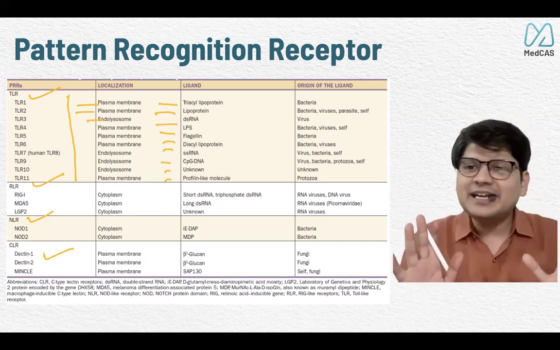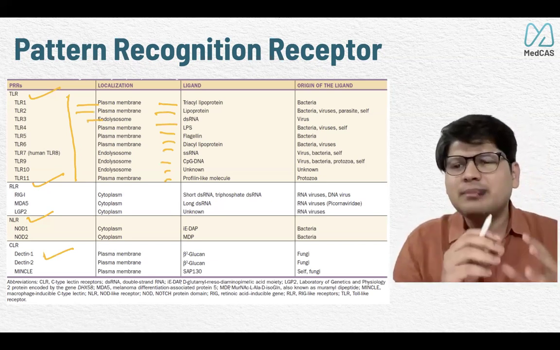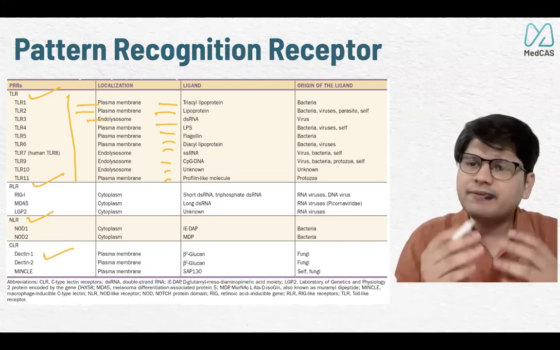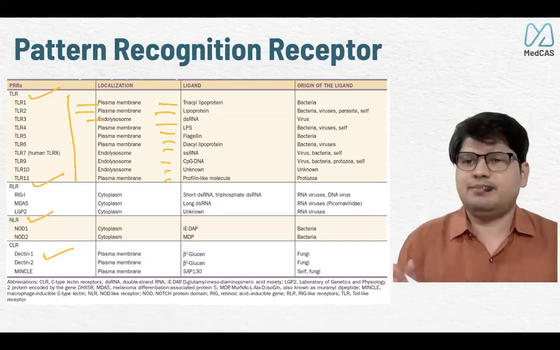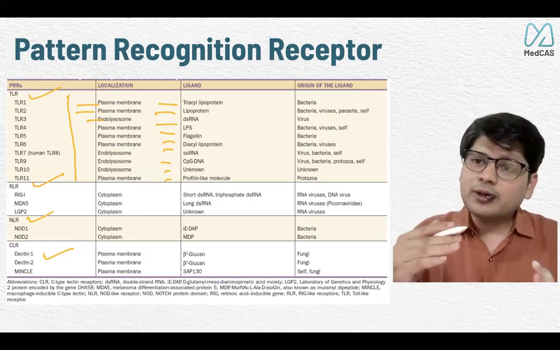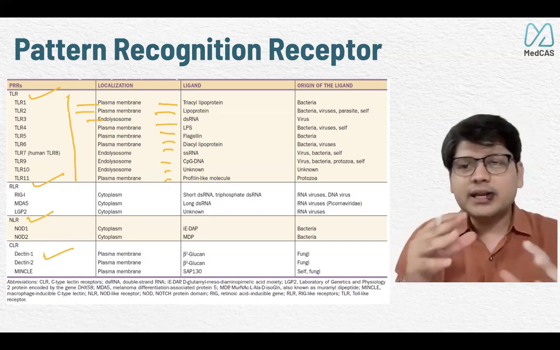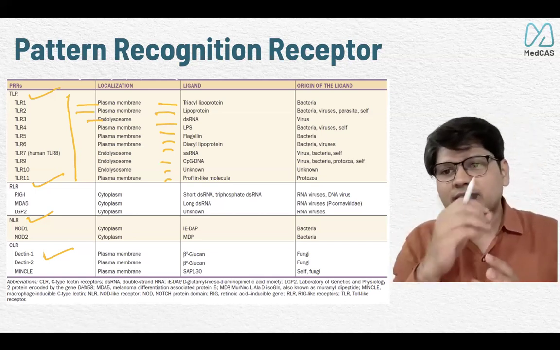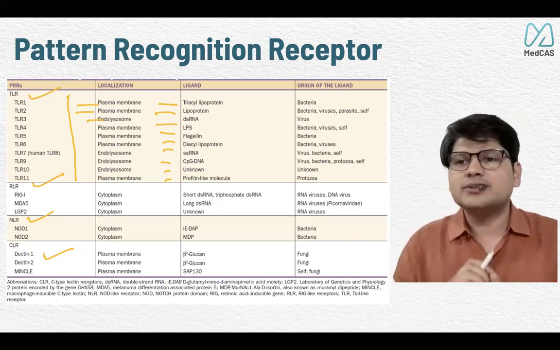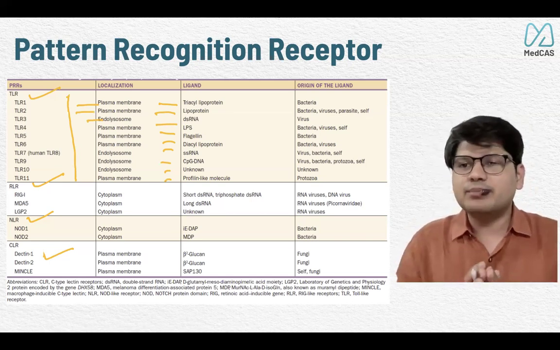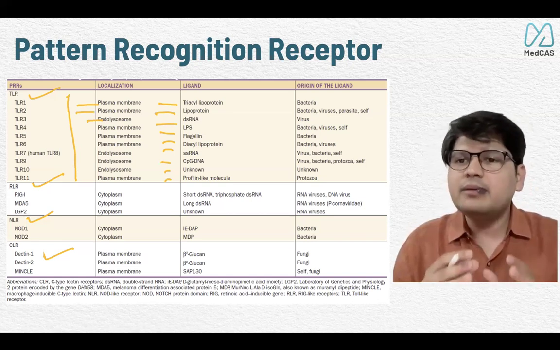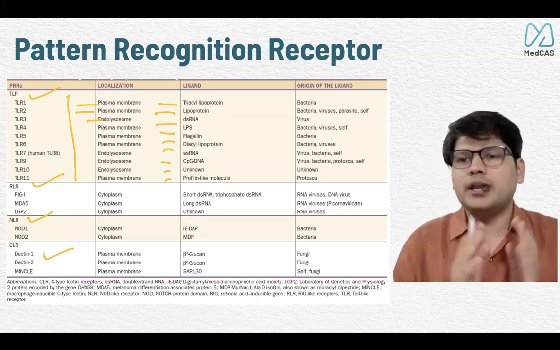Otherwise, it is about understanding that bacteria or other microorganisms have different components, and identifying them requires different machineries. So there are different receptors. The concept is quite easy. For each microorganism, we have a different kind of killing system. If we identify it, then we can activate that killing system more effectively. That's why you need different kinds of receptors to identify the structures and to guide the immune response to attack accordingly.